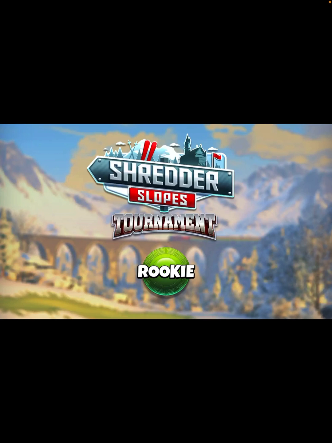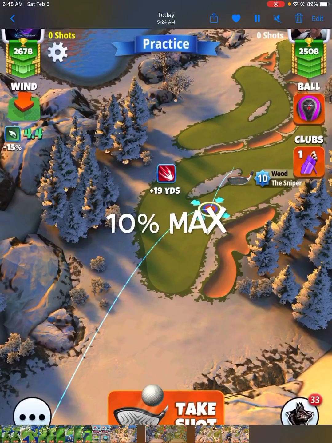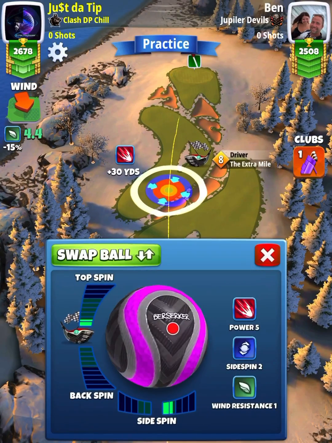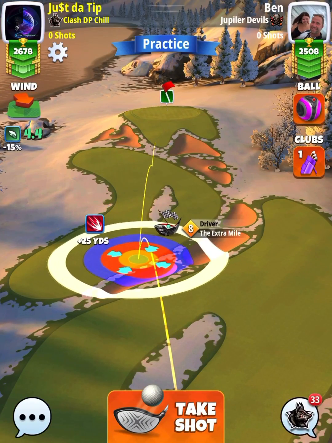We're going to start off on hole number 1, of course. I will show you 2 different ways to play it depending on how aggressive you would like to get. Now, the first way is going to be with the Power 5 ball. We're going to go with the Berserker here, free to play ball, full top, 2 bars of side spin to